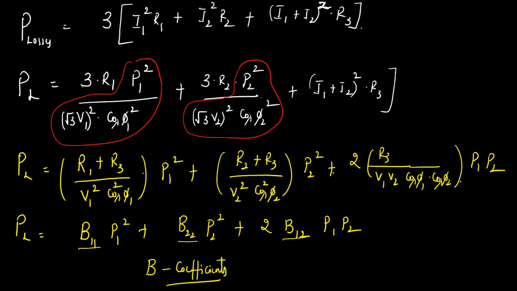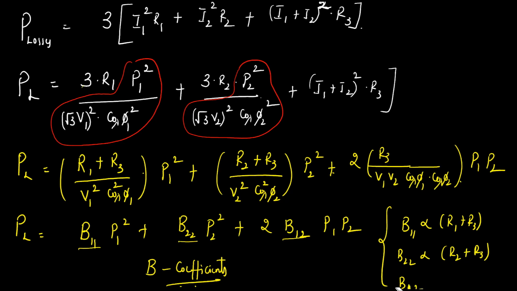So we use the B coefficient formula to determine the transmission losses. Here what you have to observe is that B11 is directly proportional to R1 plus R3. B22 is directly proportional to R2 plus R3. B12 and B21 are both the same, and B12 is proportional to R3. Okay. So your power loss is a function of P1, P2, likewise all the powers generated at the generating